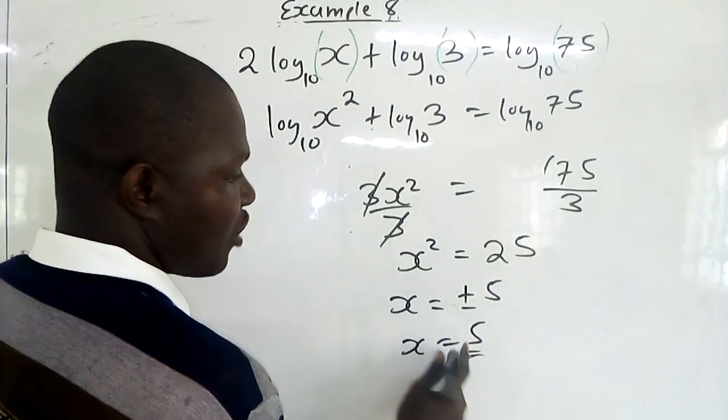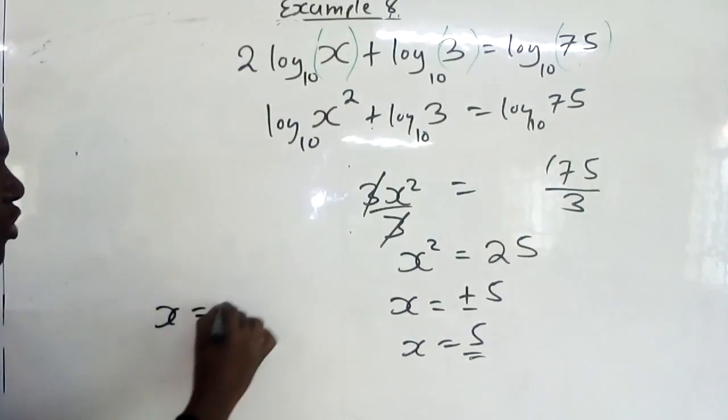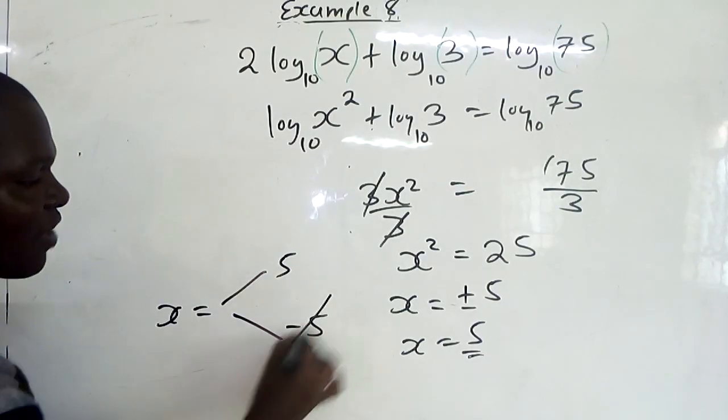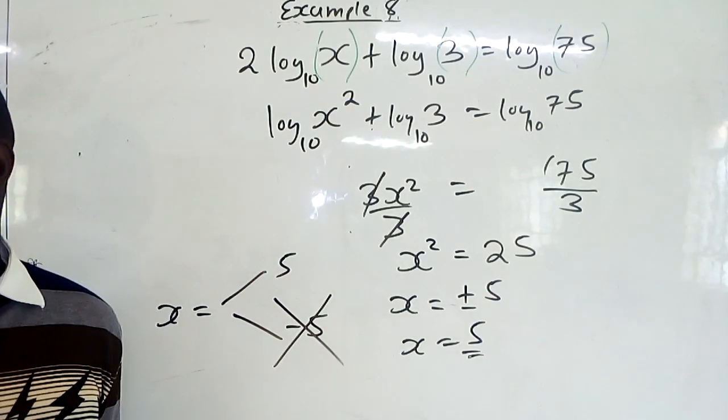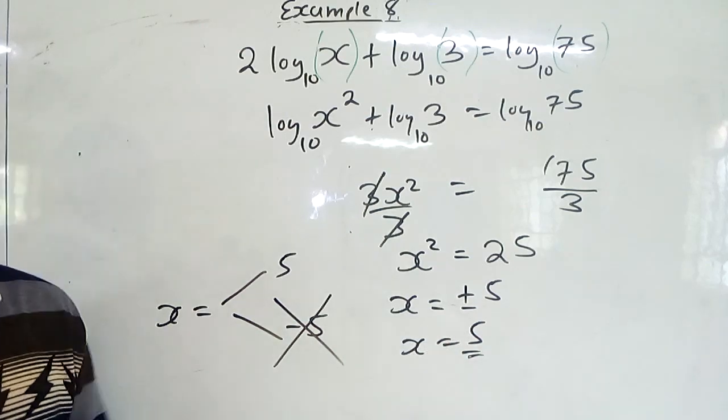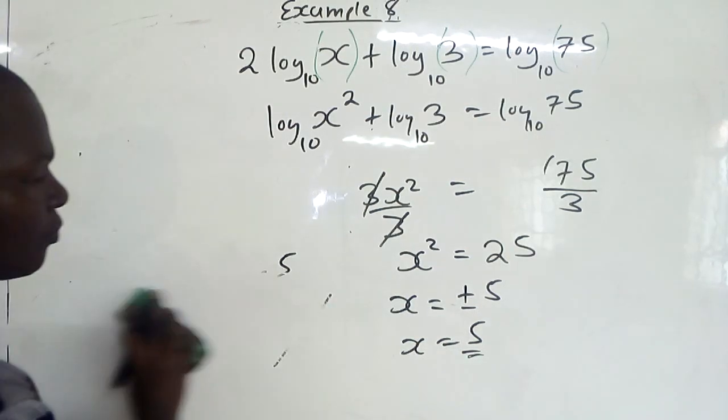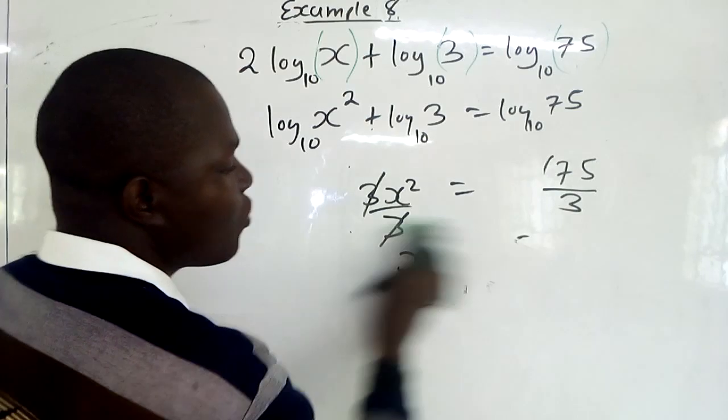In this case, you can say x is equal to 5 or negative 5, then you say that negative 5 is out of the range. So x is equal to 5 in the end. Good. So that is how we solve